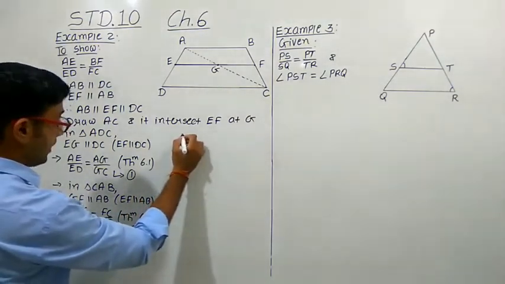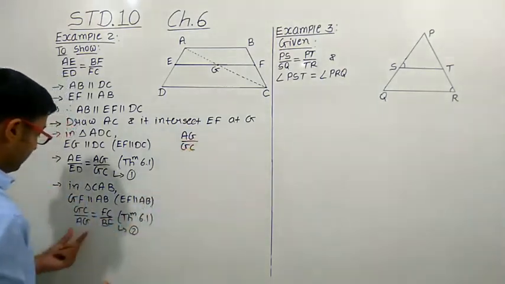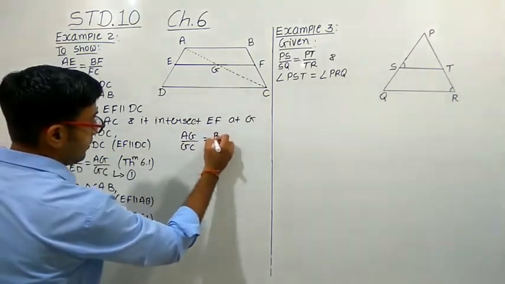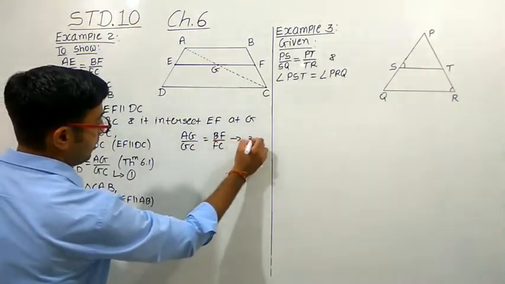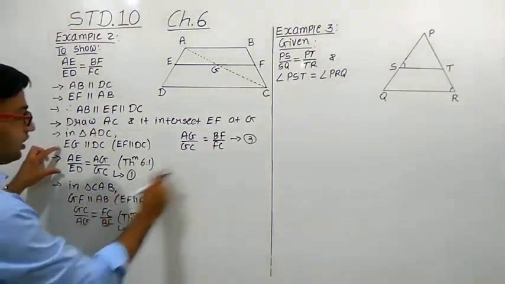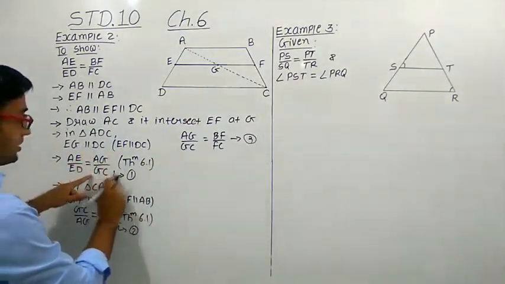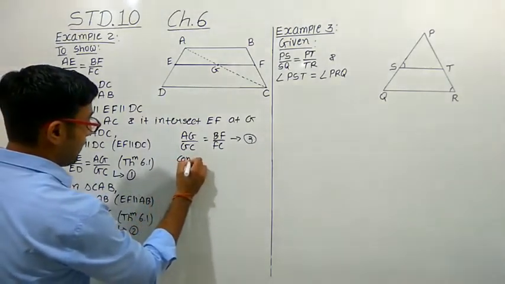We know that we can write down AG upon GC is equal to BF upon FC. Give it equation number 3. Now we can compare equation number 1 and equation number 3, because here AG upon GC is in both the equations. So when we compare